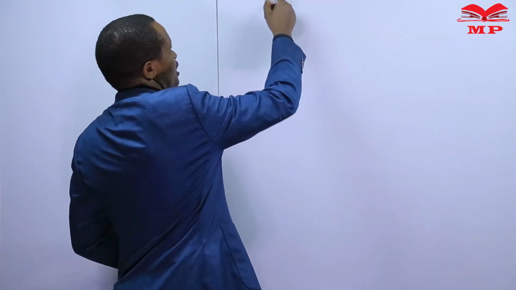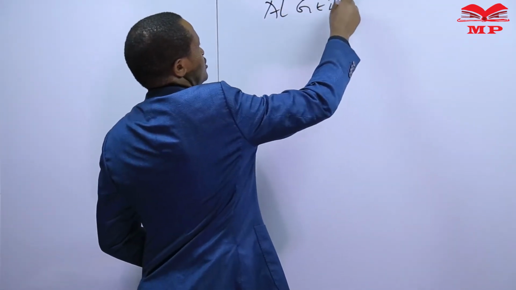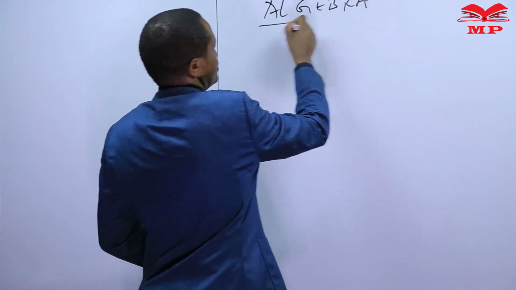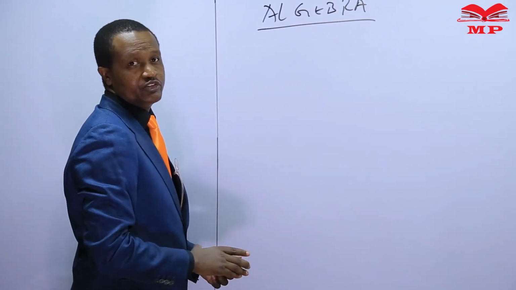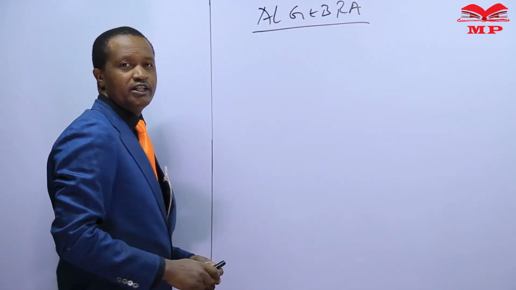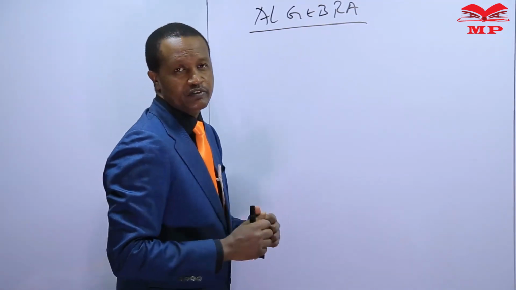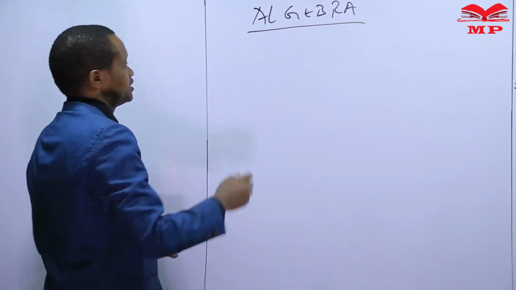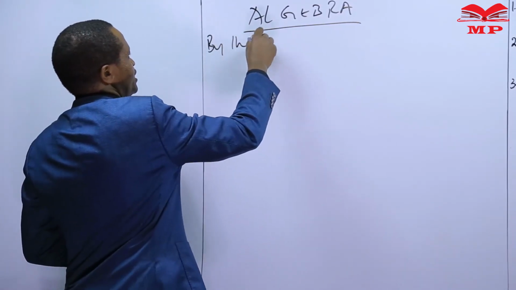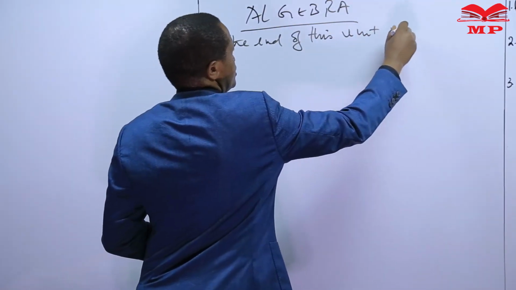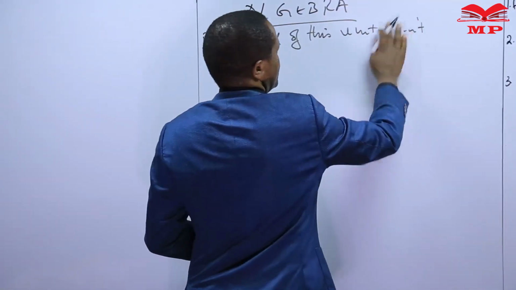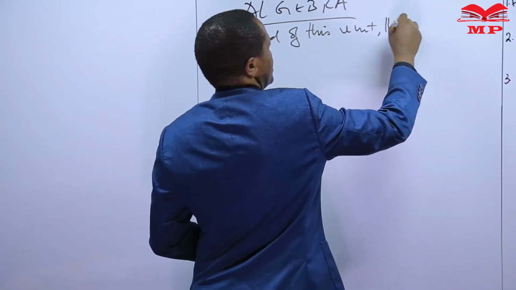We will continue with the unit Algebra. We have been studying algebra. And if you remember, when we introduced the unit algebra, we said that we have four objectives. We said that by the end of this unit, the